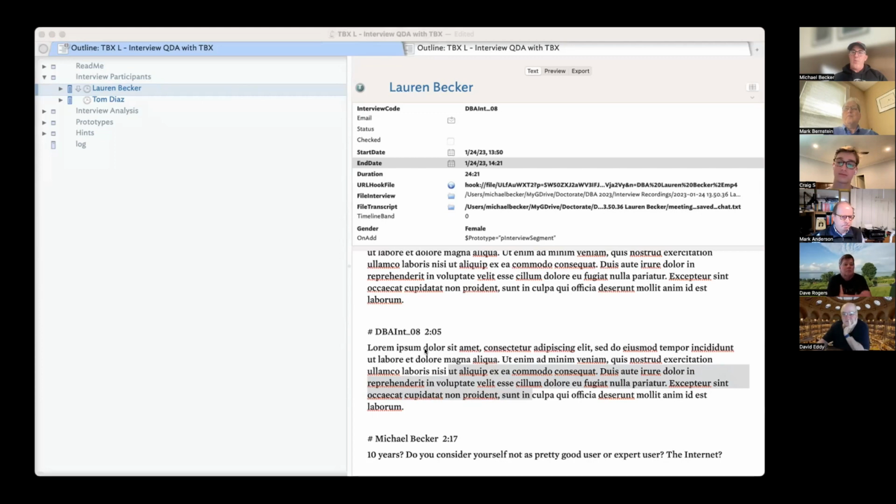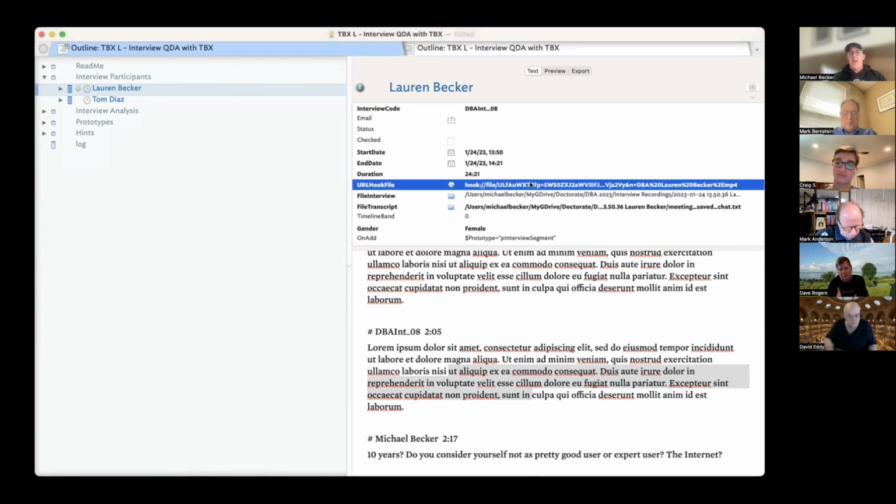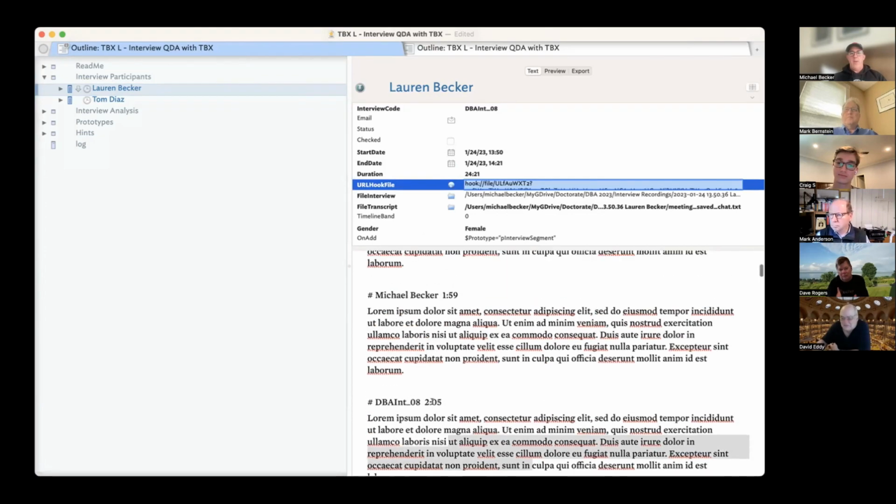And we know how to do that in Word, on the internet. But in Tinderbox, for a local file, it really raised an interesting question. How do you actually pass a timestamp to QuickTime Player to start a video at a certain point? And the answer is you don't, or at least I've yet to figure out how. I stumbled across somebody who had this a couple of years ago, and it turns out that on the end of a Hookmark URL,